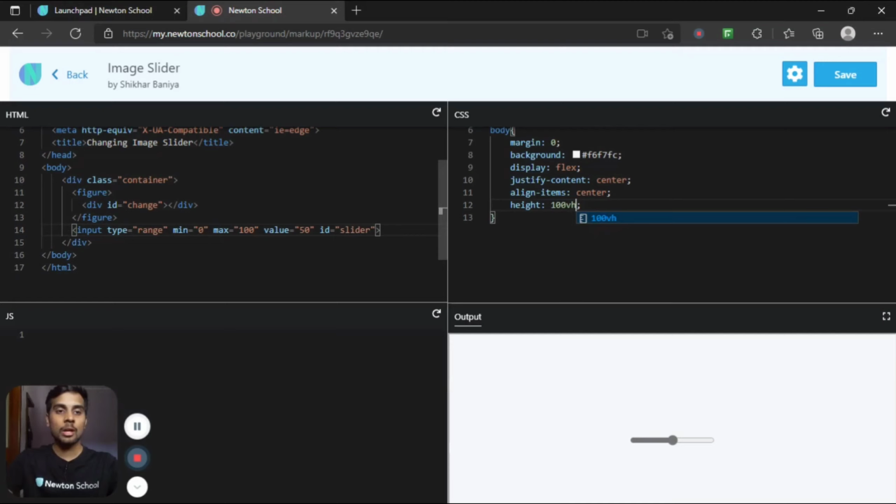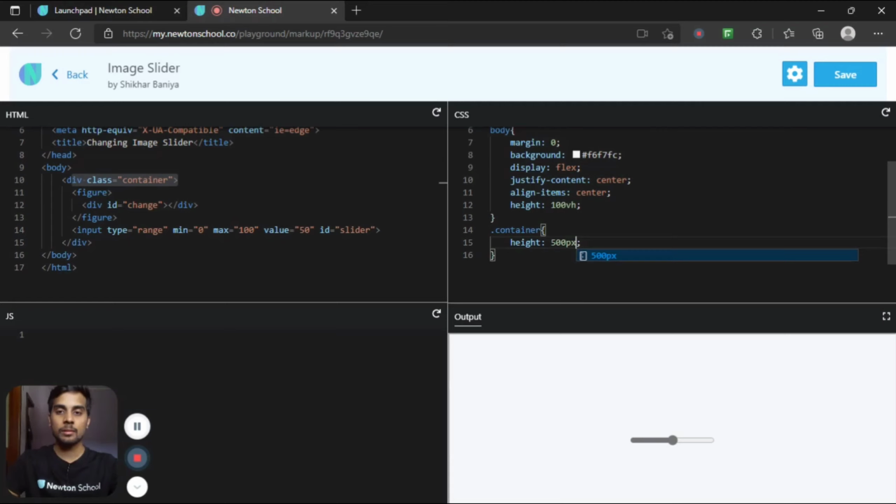Okay, now let's style this class container. So dot container. All right, first let's give it a height of 500 pixel, a width of 800 pixel.